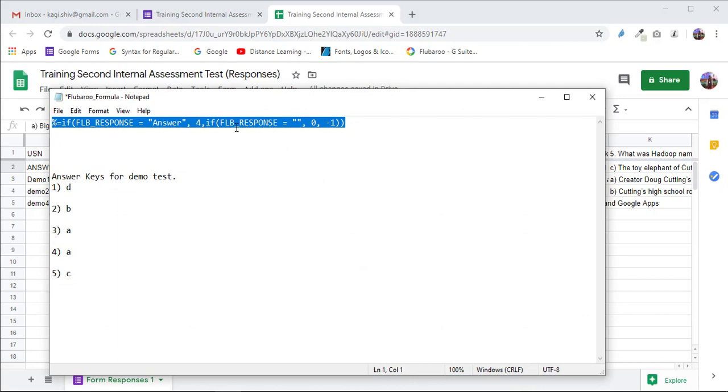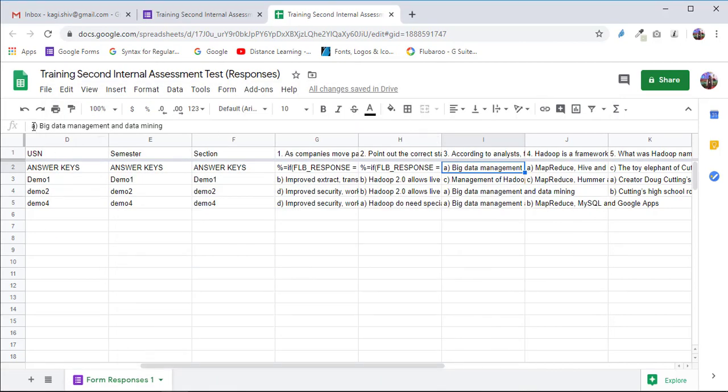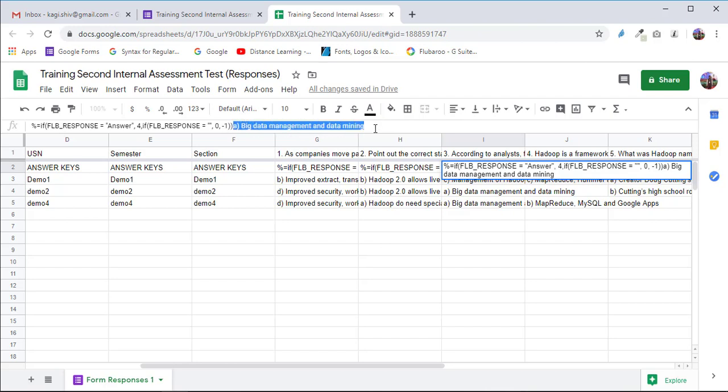Then I will go to my formula, copy it, and paste it again before A. See here, before A, when you click here it will show the full option, because the row size is small, so you can edit here. So before A I will paste that. I have pasted it here, and cut this answer from the A.